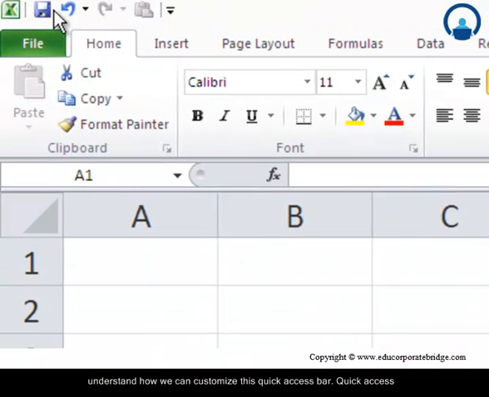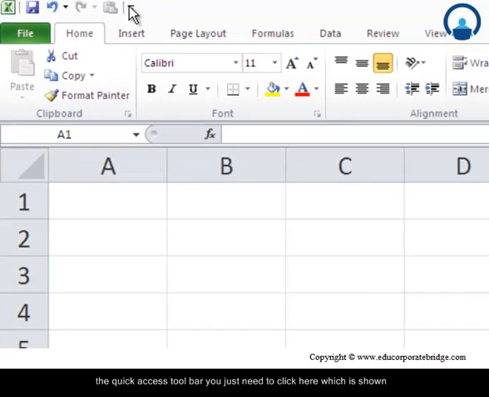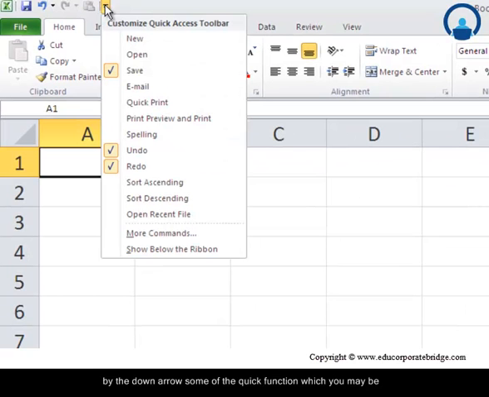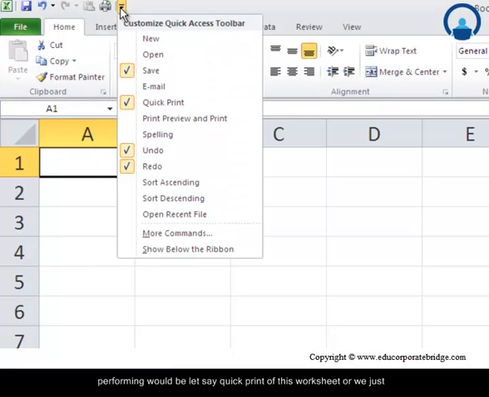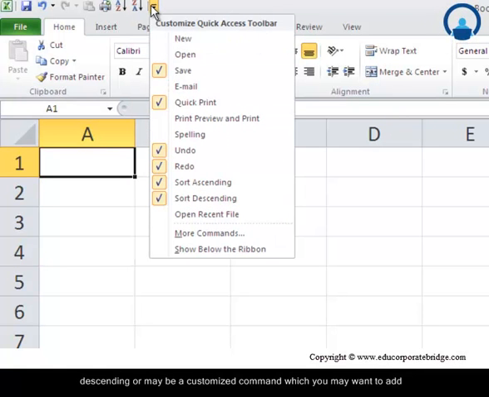Let us understand how we can customize this quick access bar. Quick access bar by default provides functions like save, undo and redo. However, we may perform functions which are frequently required, and it will be great if we can put those in the top as a menu bar. So to customize the quick access toolbar, you just need to click here, which is shown by the down arrow. Some of the quick functions which you may be performing would be, let's say, a quick print of this worksheet, or you just need to go here and select. Likewise, sort ascending, sort descending,